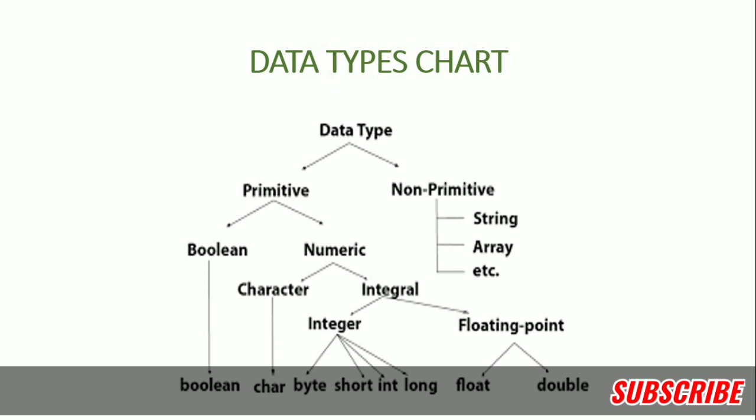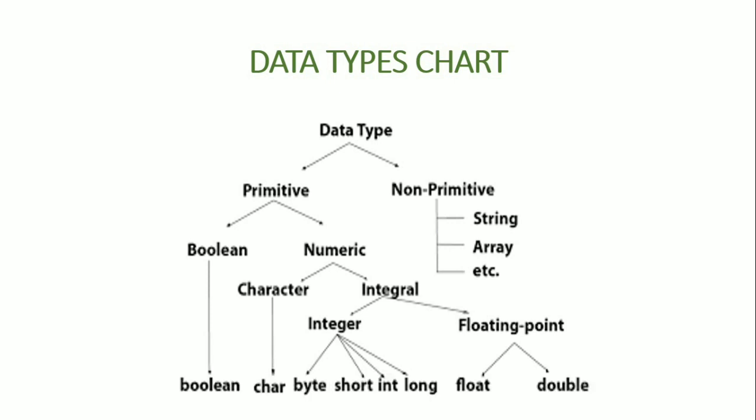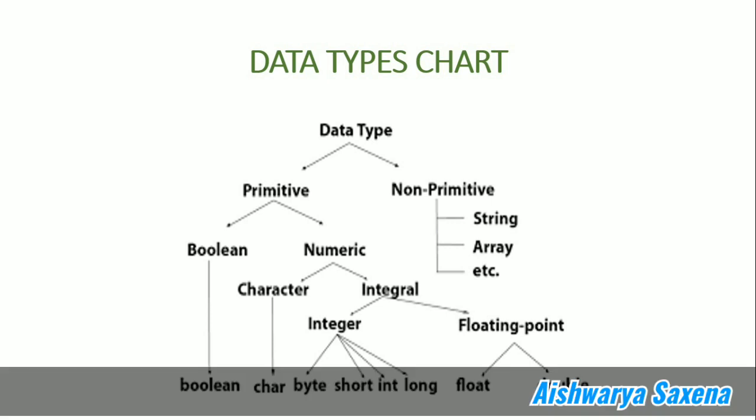The numeric data types are basically integer or floating point. In integer, byte, short, int and long are the four data types, and in floating point, float and double are there. Character is a single character. If we talk about the non-primitive data types, they are array, class and interface, and even string is a class only. String is a predefined class, so it is also a non-primitive data type, because classes are included in the non-primitive data types. So basically, these are the data types in Java.